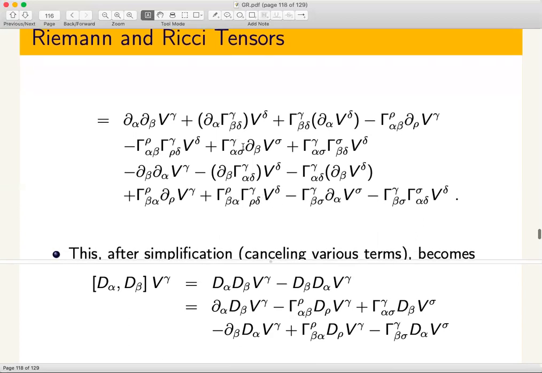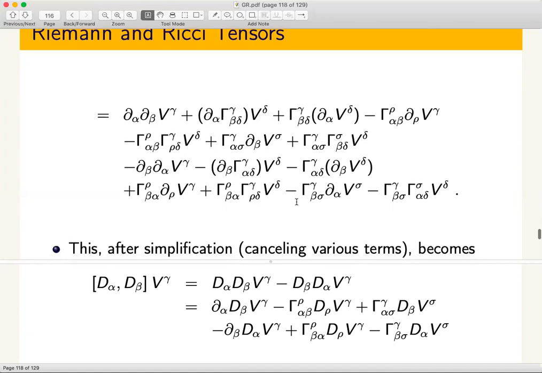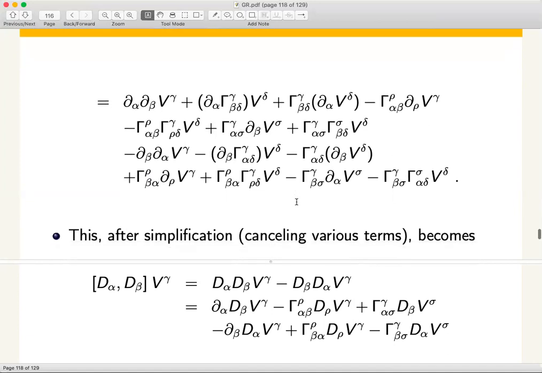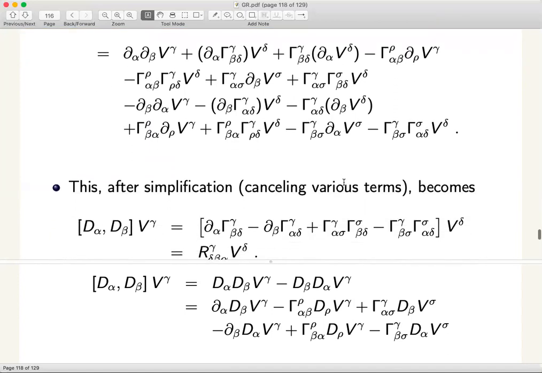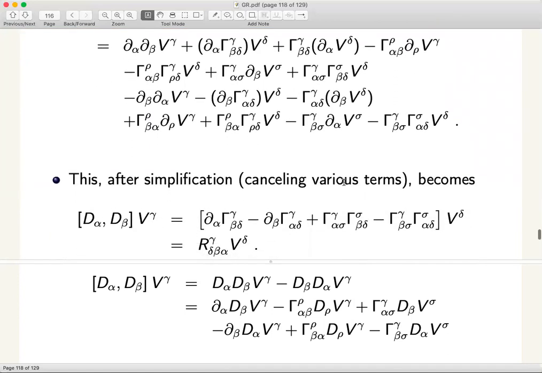So you'll have to, of course, check these pieces. I hope I have not made any typographical error here, but I suppose it's correct. Fine. So once you do that, then you have expanded out everything. You can look at various symmetry properties of gamma and relative signs between various terms, and you can see that some of the terms would cancel out, and whatever remains would look like this.